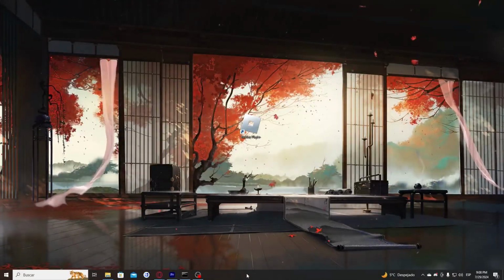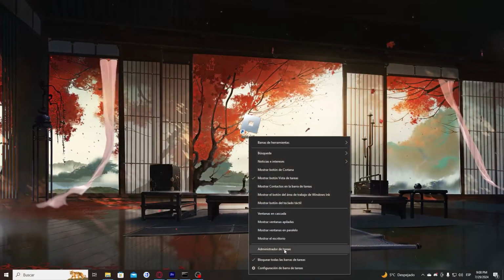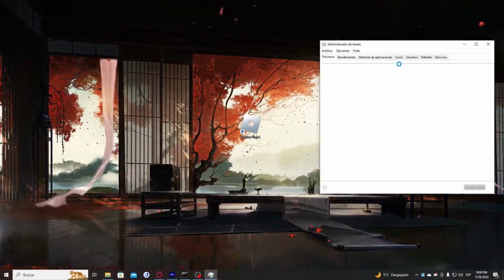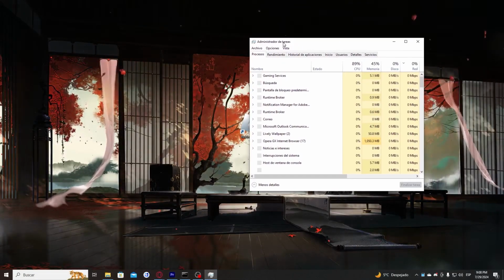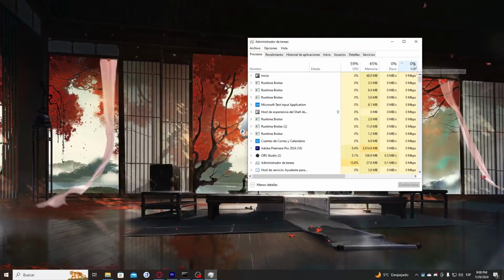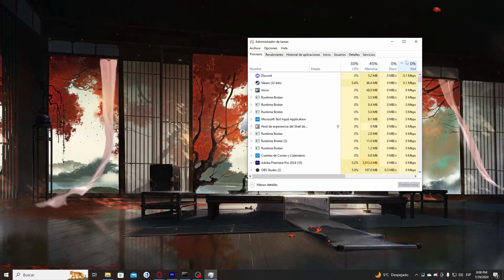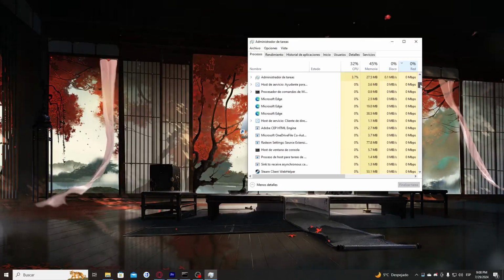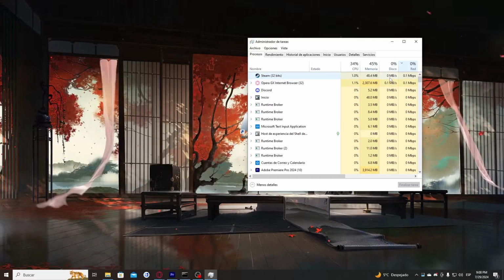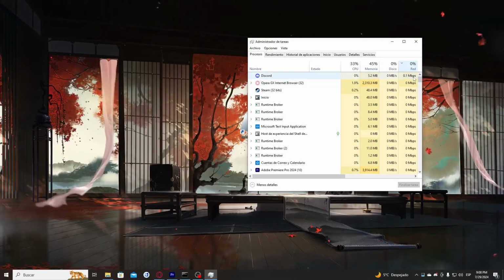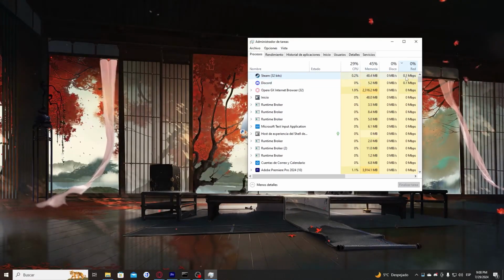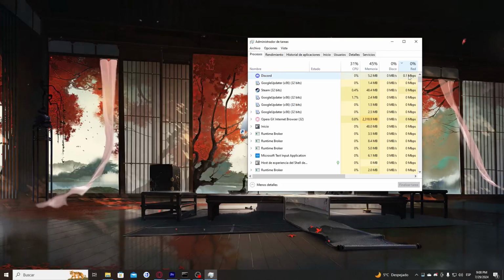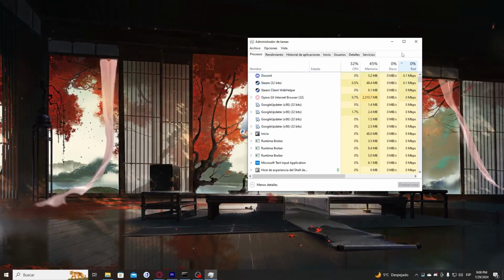The first thing you have to do is to right click on your bar here and go to Task Manager. So when this window is open, you have to search for here, press on network, and you have to find which programs are using your whole network. In my case, no program is using all my network, so I'm good. So if you see that here is, for example, Google Chrome using 10% of your network, you have to close